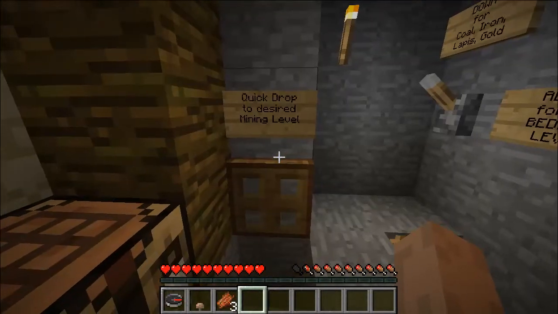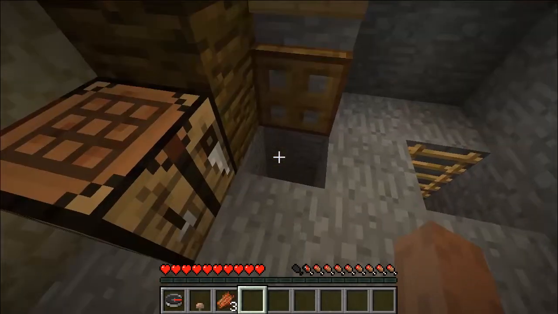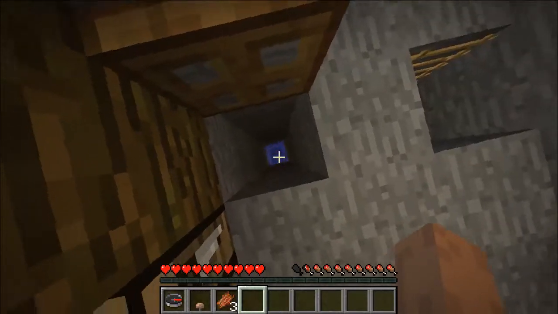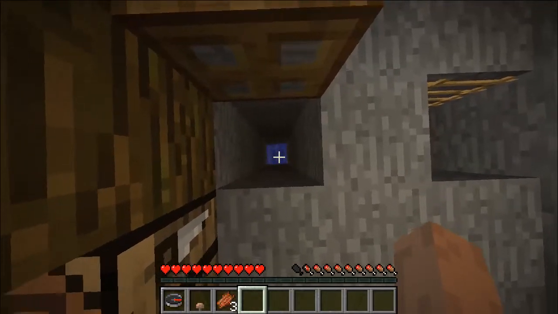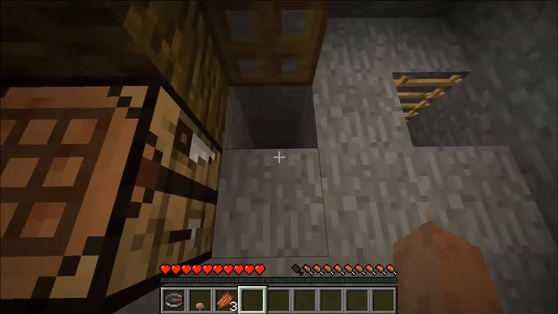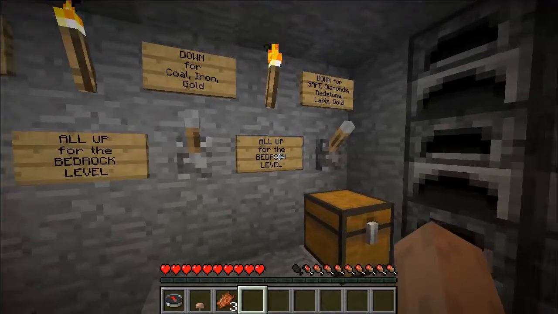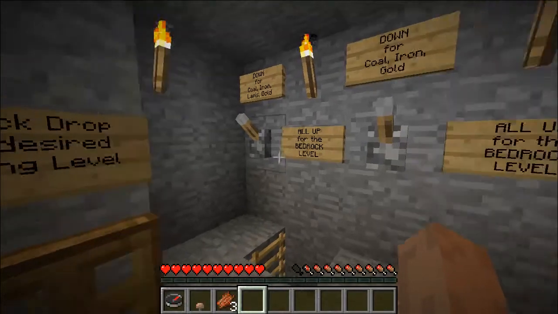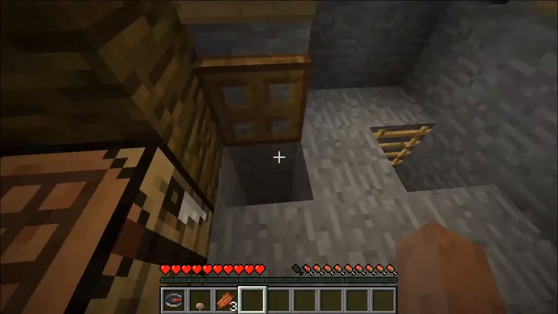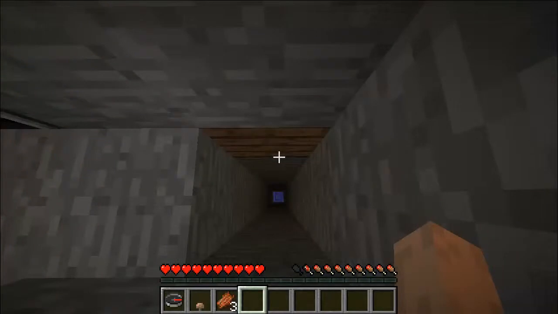First of all, if you want to go to a particular level, and I'll go into creep here, you just jump into this hole, and you're going to notice water down here. There are a series of water stops in this one hole. Well, if we come over here, it says all up for the bedrock level. So if all three of these switches are in the up position, and I was to walk into this hole, I would fall all the way down